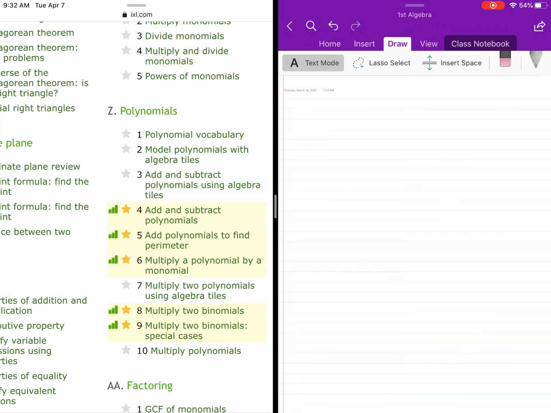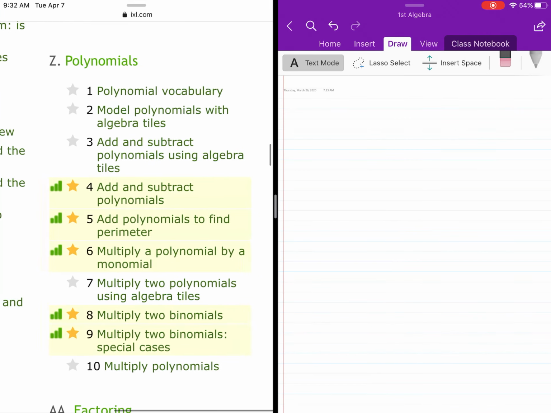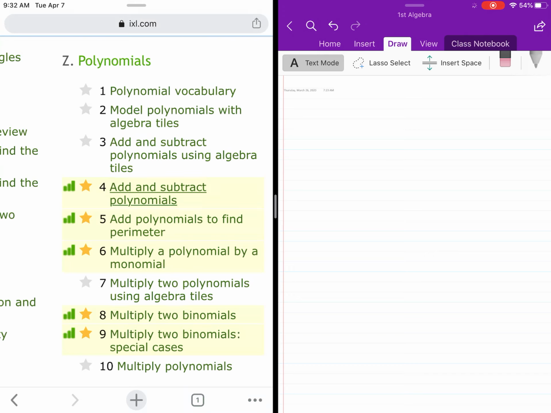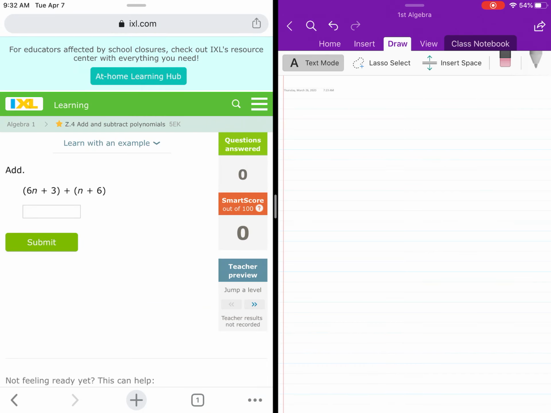Alright, so we're going to go ahead and work today on polynomials, topic polynomials Z4. We're going to be adding and subtracting polynomials. So here, you need to try to remember from before that we can only add terms that have the same variable. So for example, here